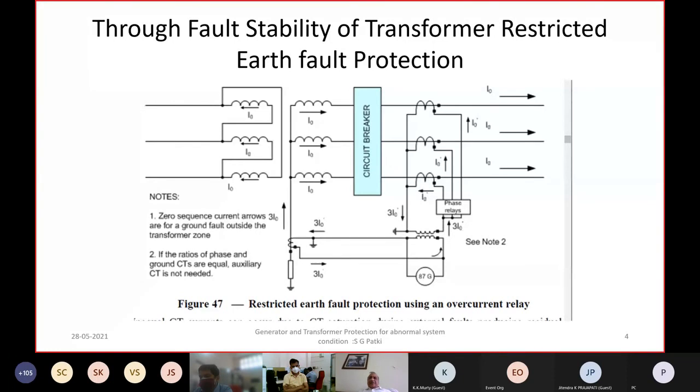In numerical relays nowadays, you just need to change the voltage setting of the high impedance scheme. So that could be another reason why you need to change the setting, and this setting also needs to have enough safety margin to take care of the transient phenomenon and the offset, etc., and also the peak value